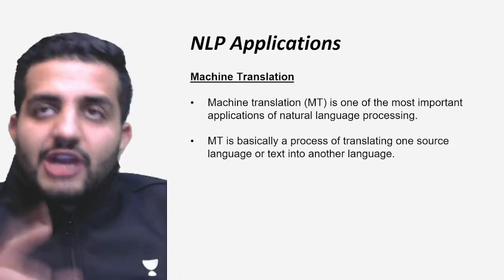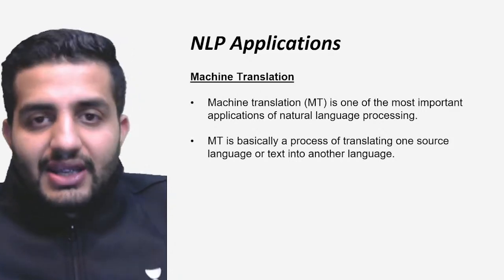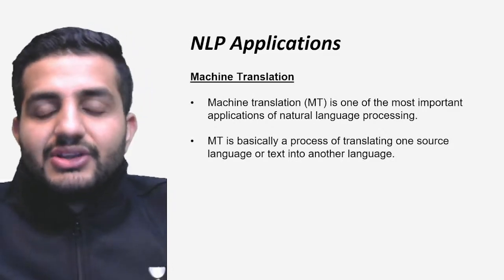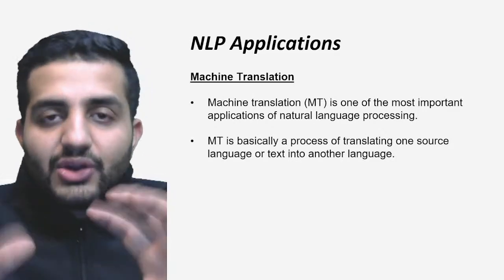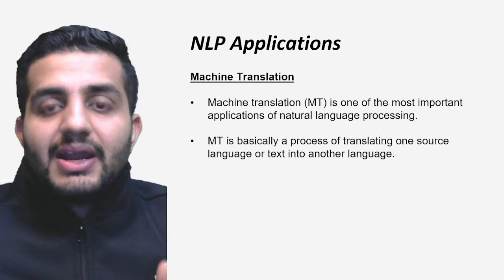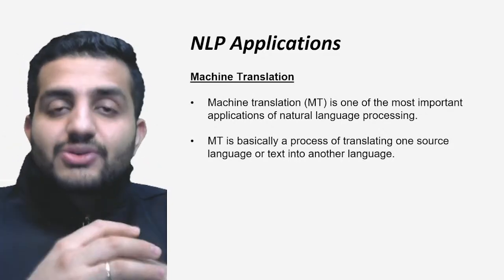Suppose if I say that, hey, what is your name? If I just do word by word translations, then you first convert hey, then what, then is, then your, then name. So it's like more of a word to word translation. वो नहीं होता यहाँ पे. It is able to decode the context also, right?